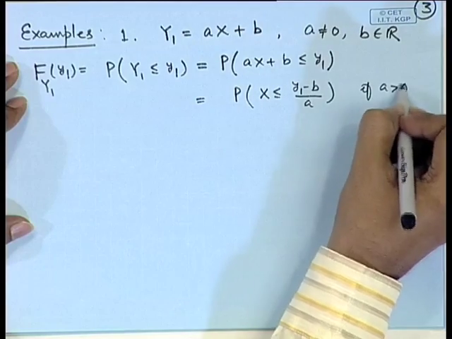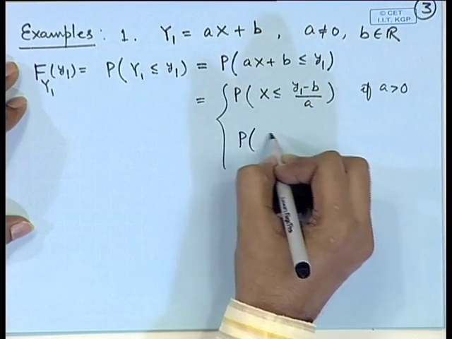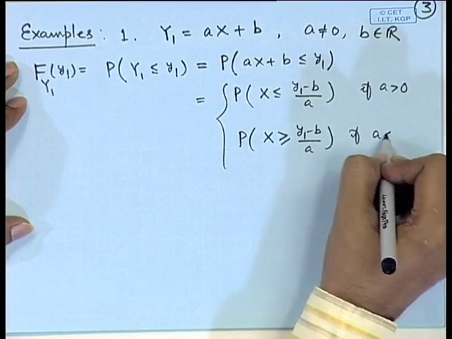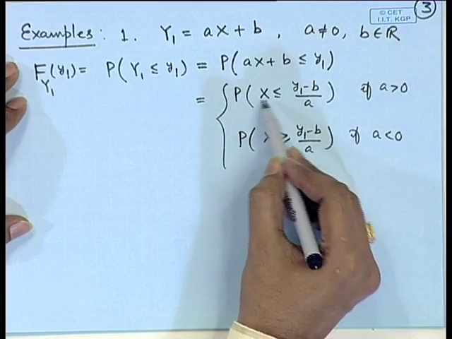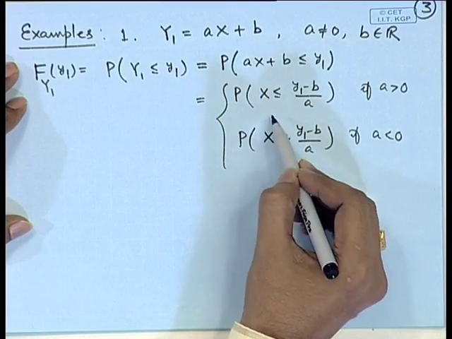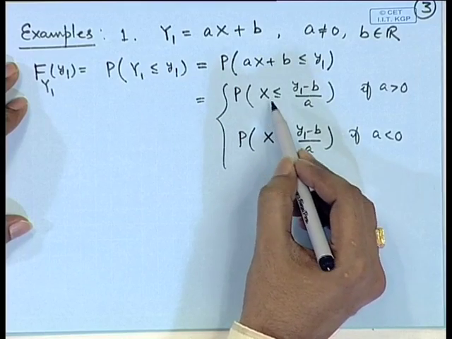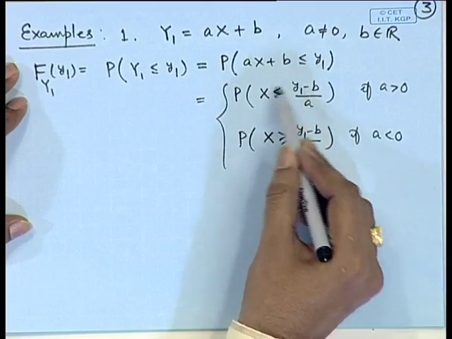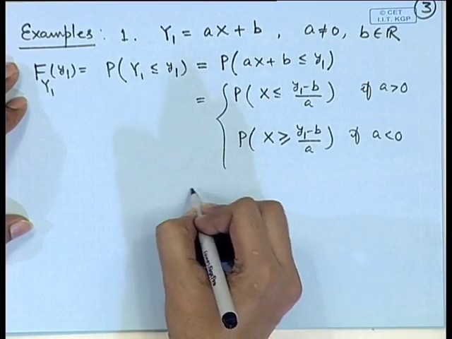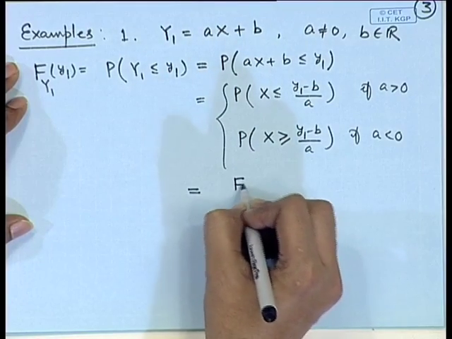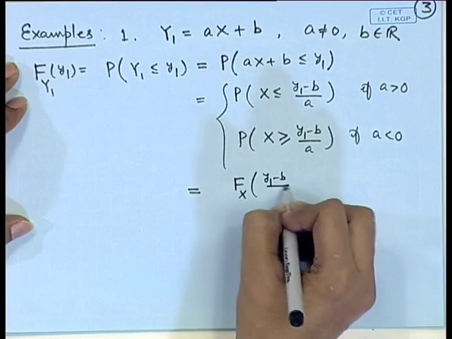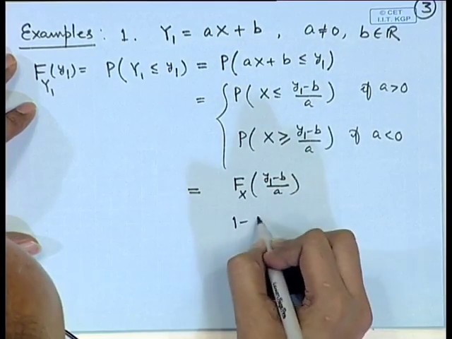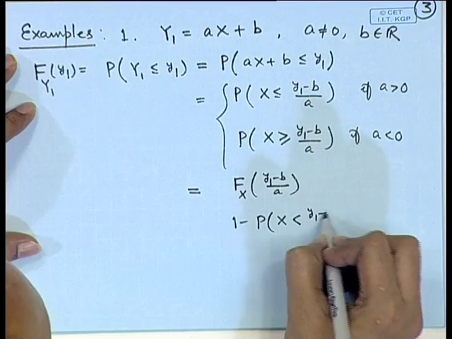if a is positive, and it will become probability of x greater than or equal to y 1 minus b by a, if a is negative. So, notice here that both of these are certain probabilities related to the random variable x. If the CDF of x is well defined, that means the capital F x is known, then both of these probabilities are also known. That means this is equal to, for example, F x at y 1 minus b by a, and the second term we can write as 1 minus probability of x less than y 1 minus b by a,